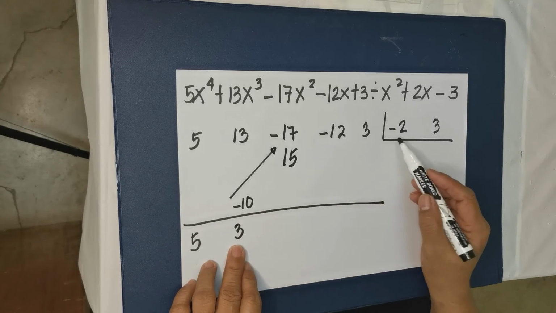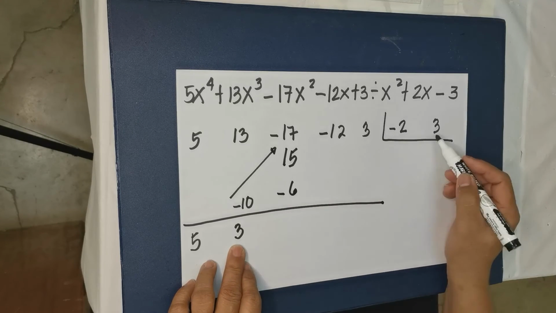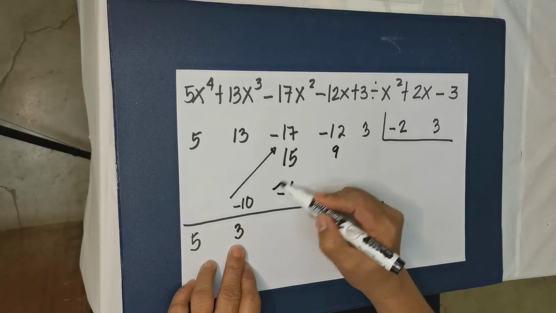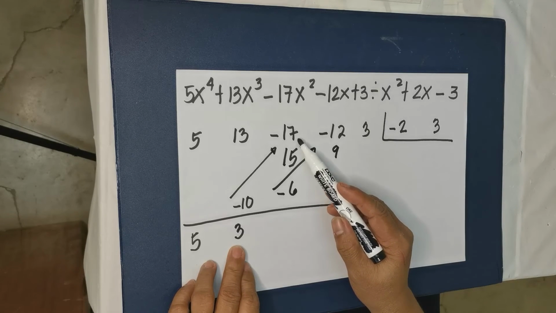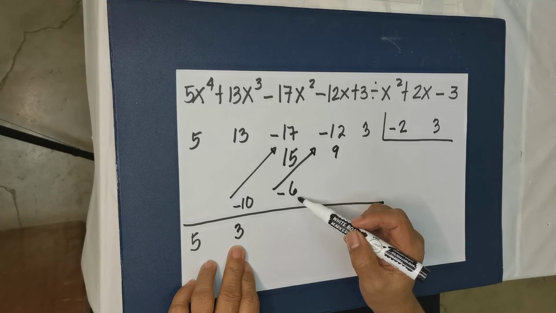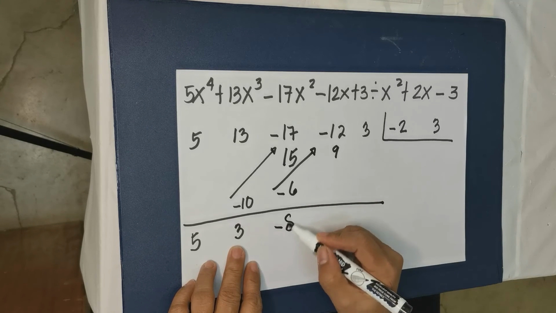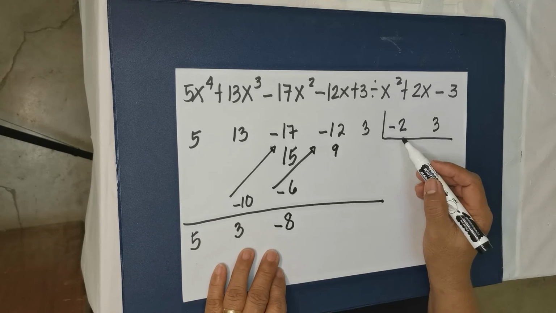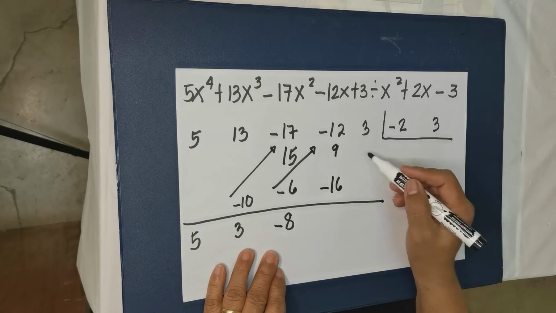Again, take your 3, multiply it with negative 2. So, we have negative 6. 3 times 3 is 9. Again, that is diagonal. So, negative 17 plus negative 6 is negative 23. Plus 15 would be negative 8. Negative 8 times negative 2 is negative 16. And negative 8 times 3 is